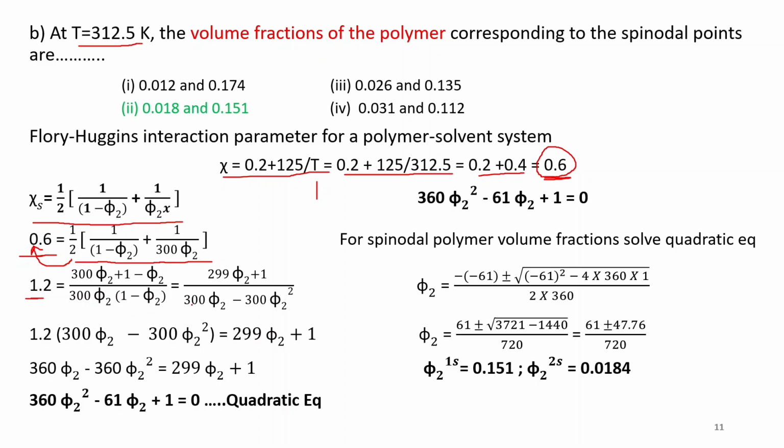So it can be 300 phi 2 minus 300 phi 2 square. On simplification, we get this equation, and then further we get